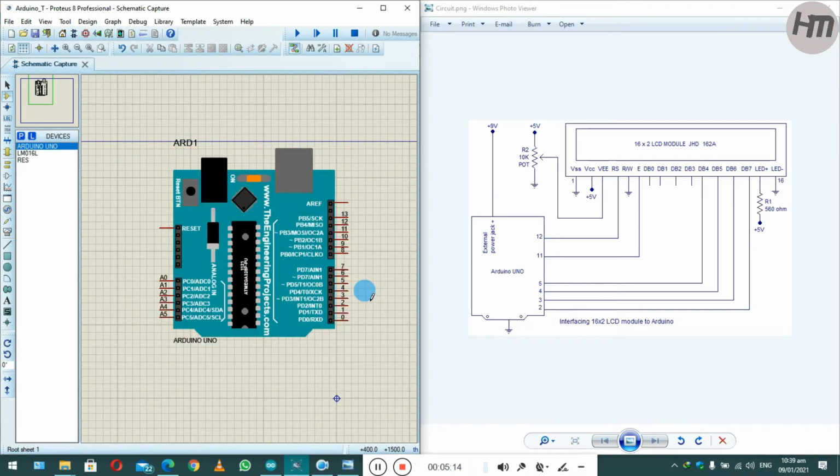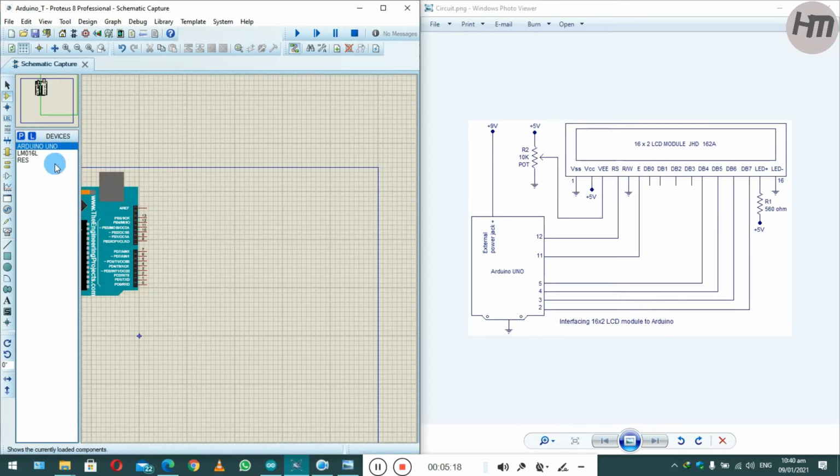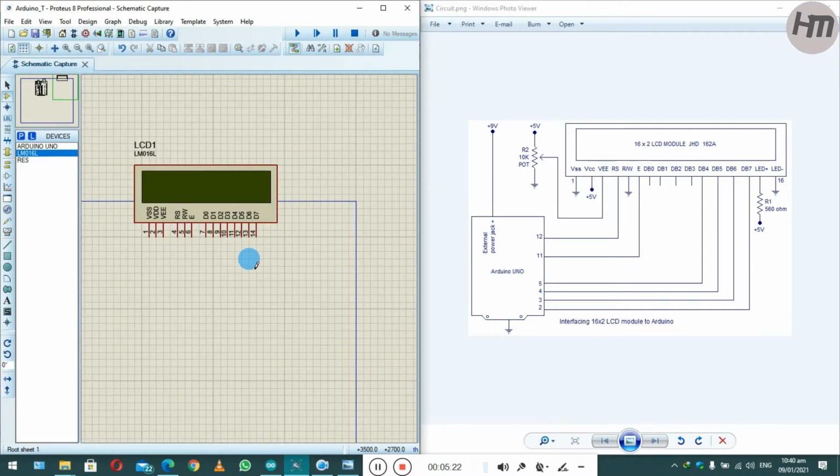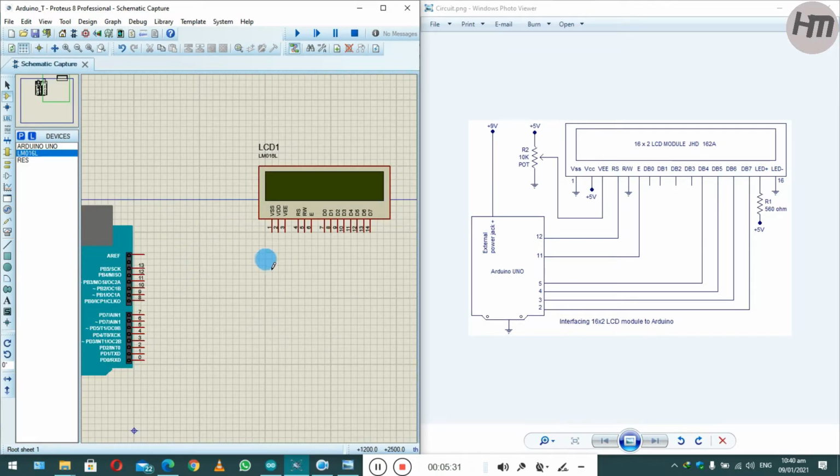Then you will place the LCD just like that. Okay, now we'll continue the wiring.